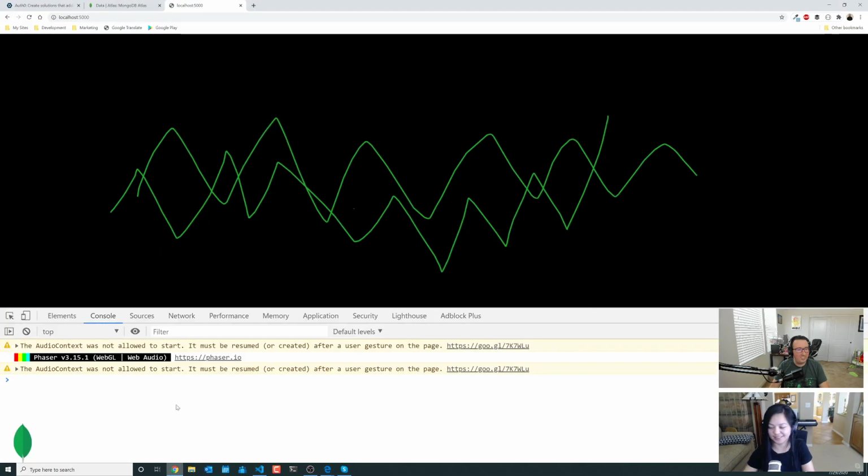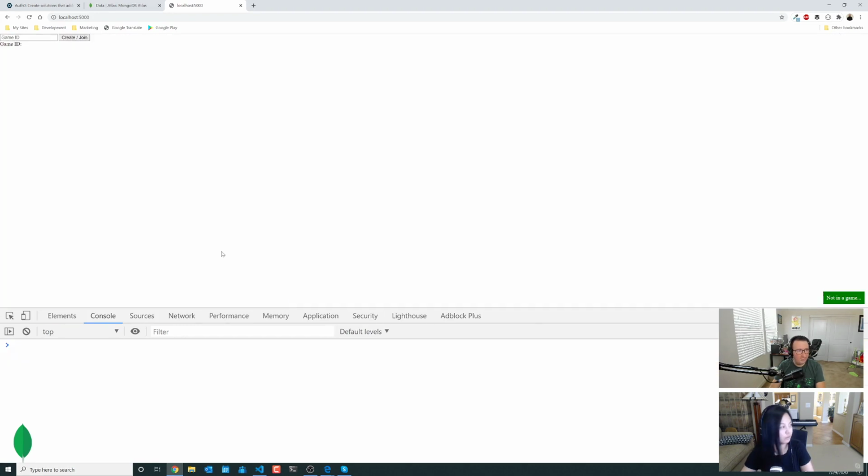All right, we saved it. I'm gonna refresh it. Yes. Is that like a yes-ish? Maybe. I zoomed in because it was small. So on the screen here, I see a not in game on the bottom far right, and then I have a very basic form up top. And it's not showing our canvas because we now have it inside of a local function. So create a join was never called until I click the button.